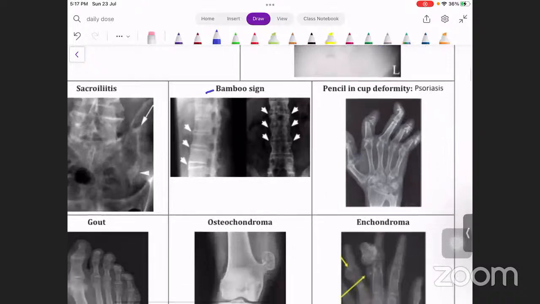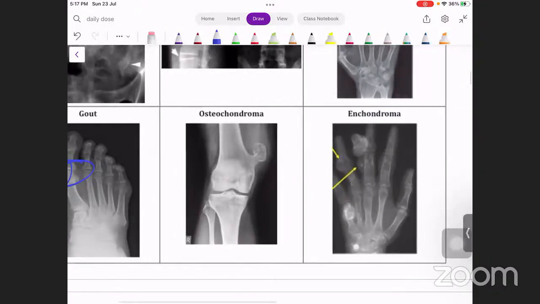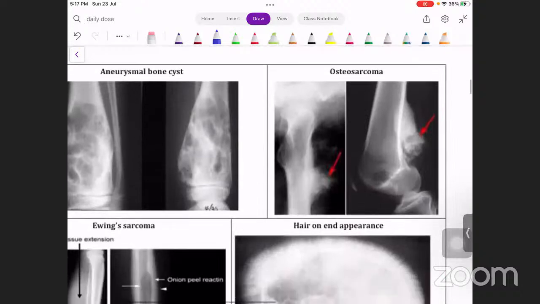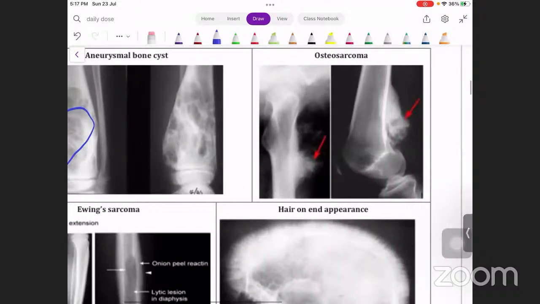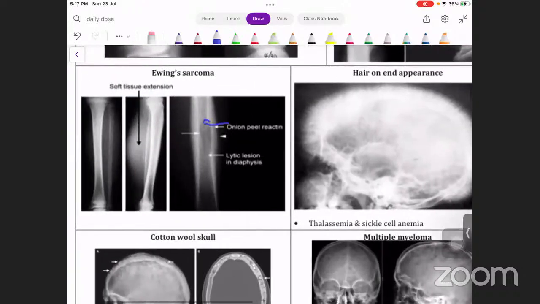One is your bamboo sign, the bamboo spine, which you may see in ankylosing spondylitis, pencil and cup deformity in psoriasis, and gout. Here is the picture of your gout, and then osteochondroma you may see here, enchondroma you may see it here, and apart from that aneurysmal bone cyst you may see it here, osteosarcoma and Ewing sarcoma, where you may see the onion peel reaction,